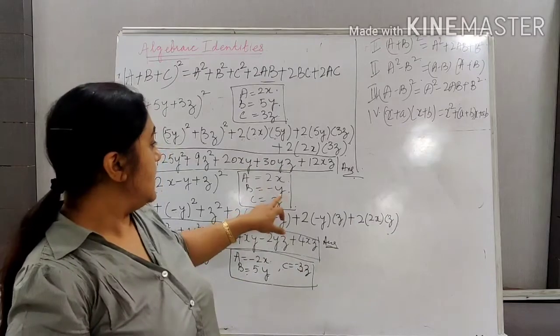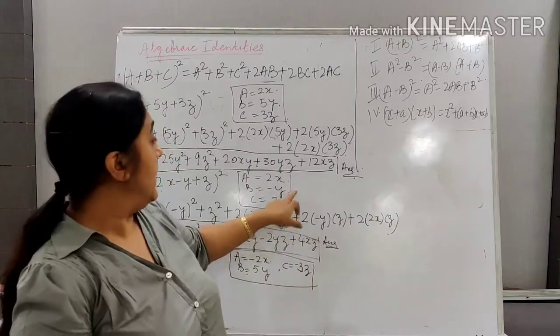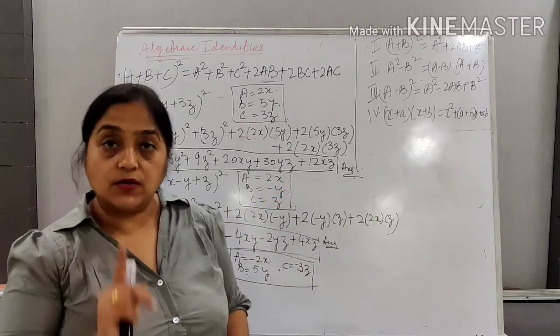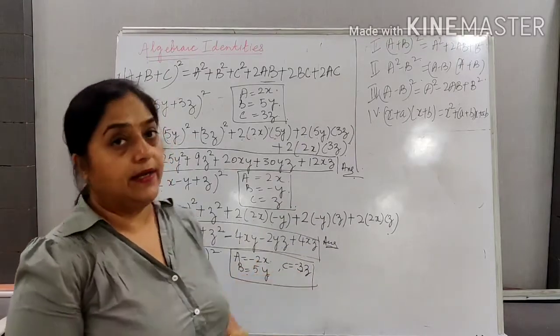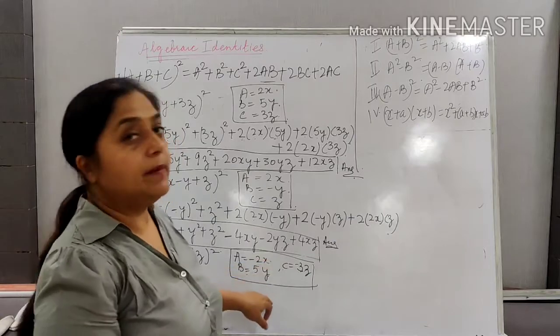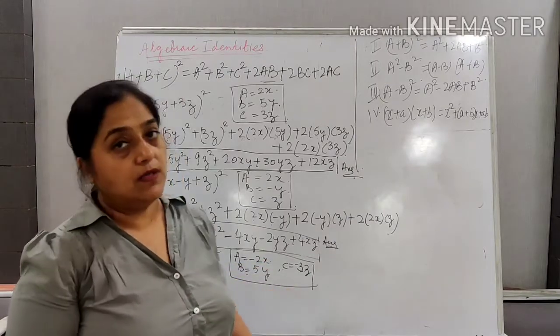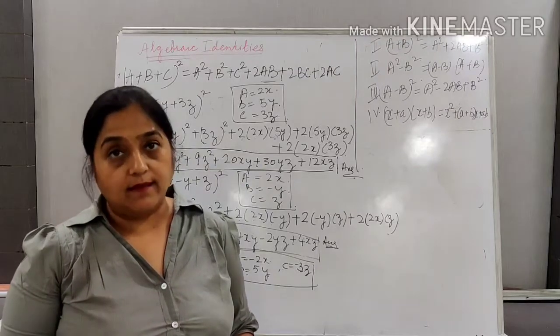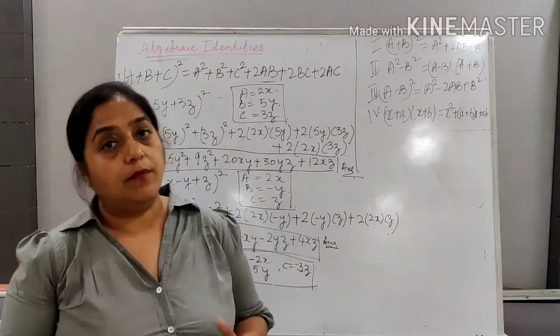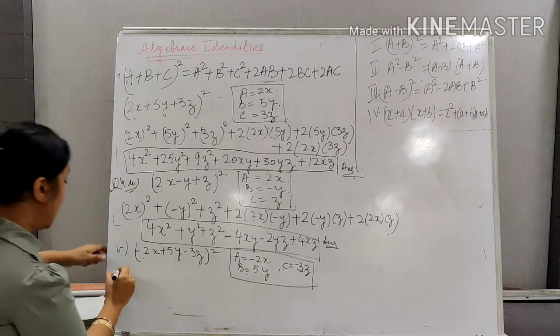In the previous question I said bc is negative and ab is negative, because only one negative term was there. Since here I have two negative terms, my ab will be negative, my bc will also be negative because c is negative. But when a and c come together, the two negatives make a positive. Got it? So what will be the answer?